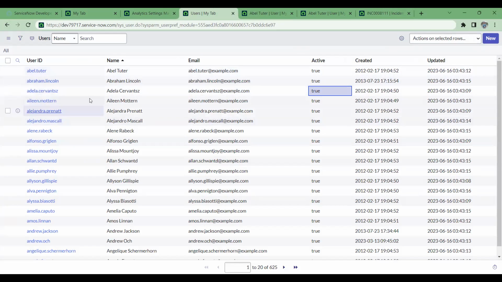Otherwise, usually what happens is all the user record data is taken from your AD, Active Directory. What is Active Directory? Active Directory is kind of a collection of your user records, which is handled by a different team and different applications, and those applications